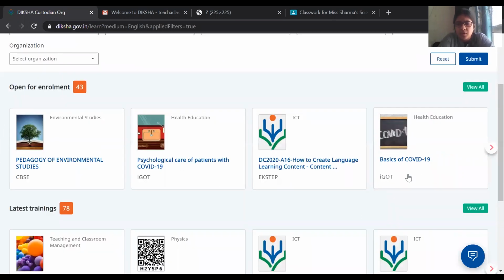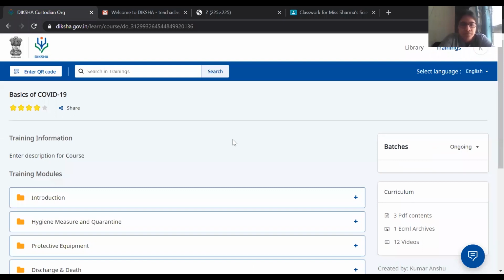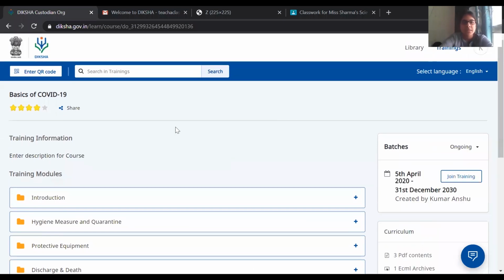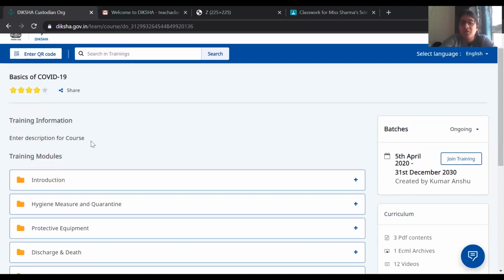So for example, let's say I want to do this basics of COVID-19 training over here. Now, let me just show you some of the things that you should look at when you are exploring these trainings. So one is the training information. For this training, they haven't written any description. Generally, you will find some description written so that you just get to know what's there in the training.